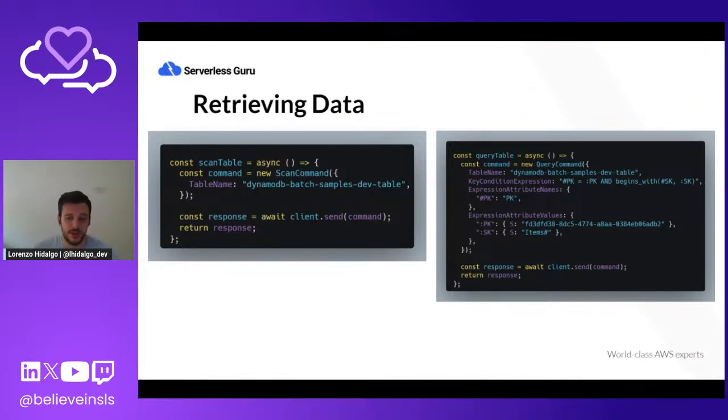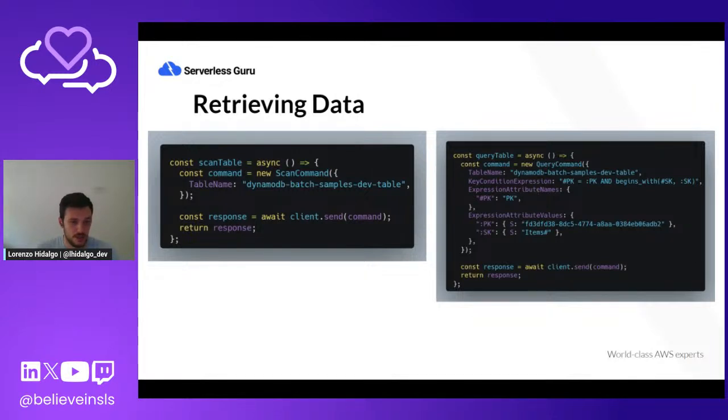And similar to query command. Is query command, it's good enough. It's the only way to get attributes. The issue comes with key conditions and expressions. That's perfect. But if we try to add any condition on the actual attributes inside the document, there's where hell will break loose. But retrieving data, why I have this here is because we need to always be aware of